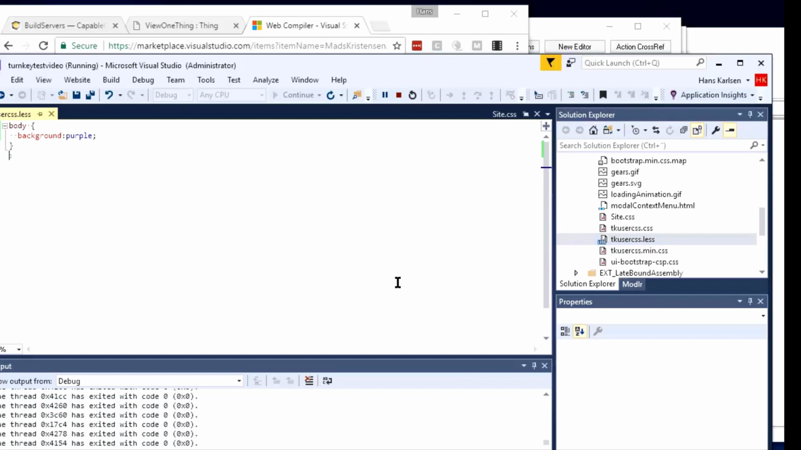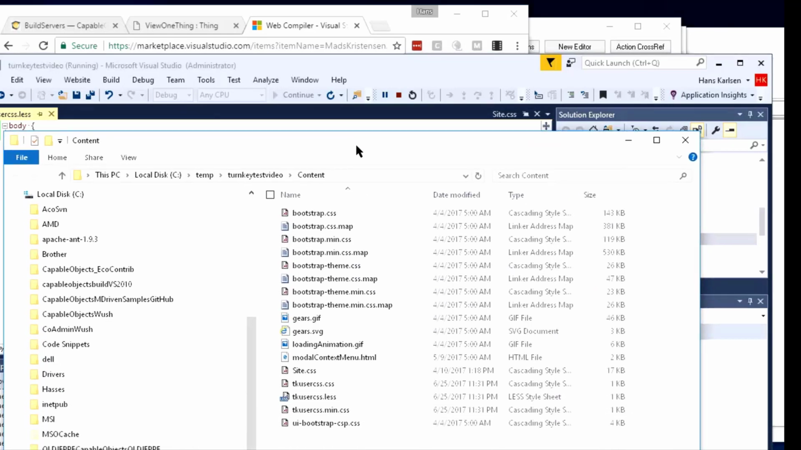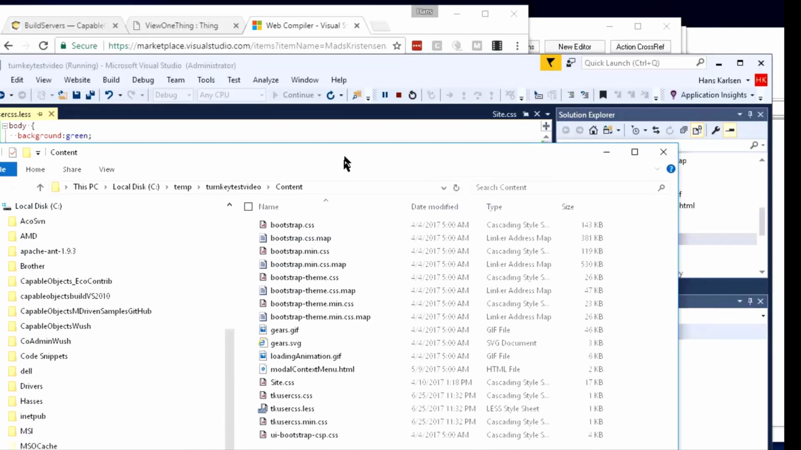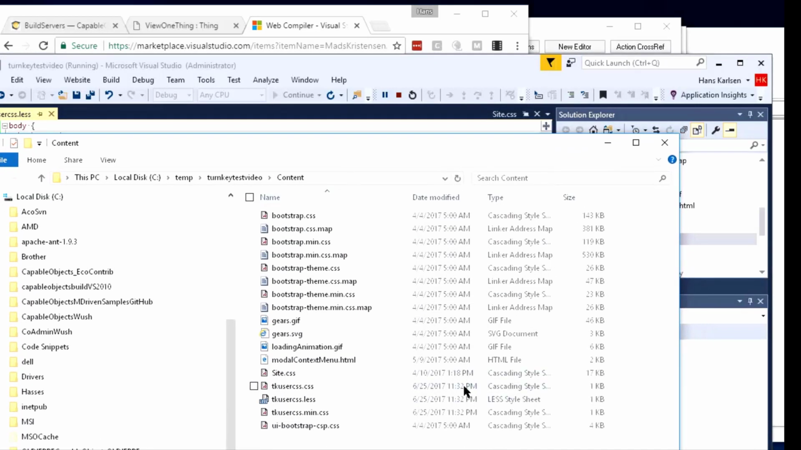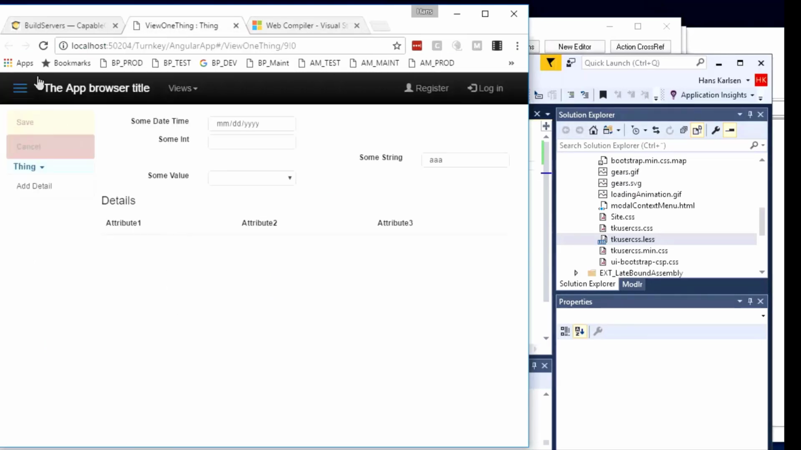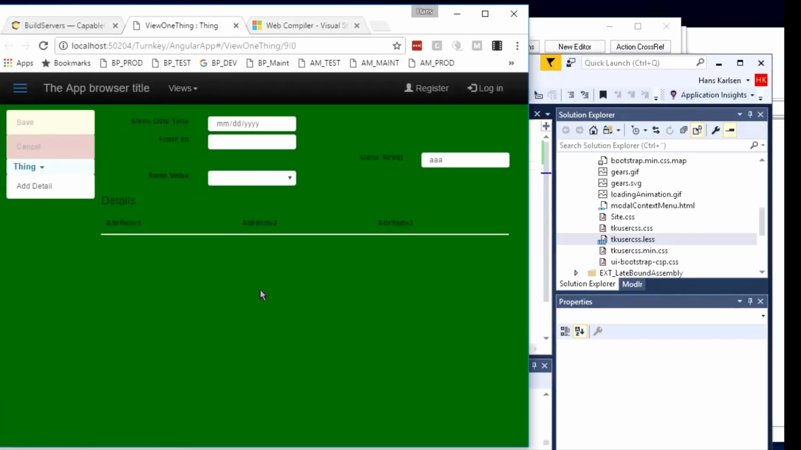And now whenever I save, it will be a new CSS file. You see the date 11:31 p.m. So I'm up at night. I changed this to green, and now it says 11:32 p.m. And since I've changed the body background, it should be visible when I